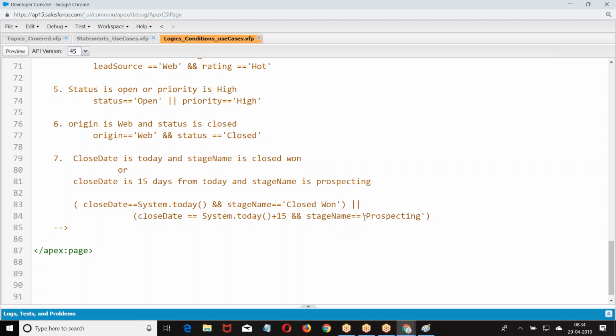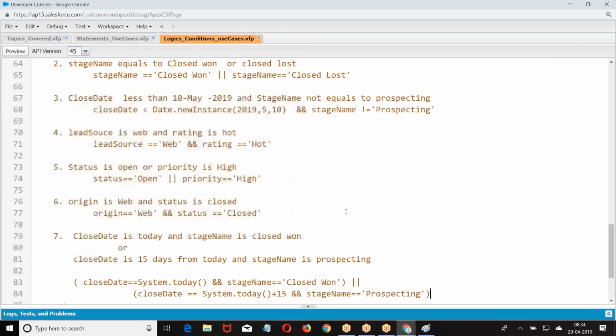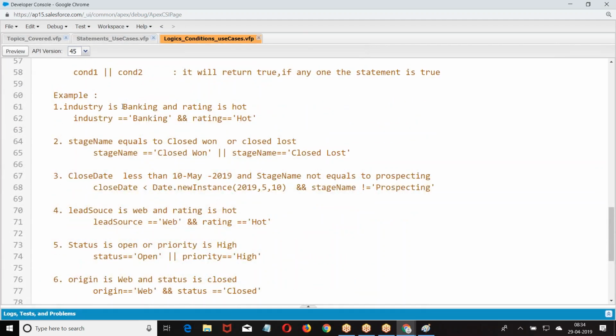That knowledge you have to gain. That knowledge you will gain only when you form the questions from your end. Now, the way I am giving, you are able to write this condition because I am telling very clearly, take the industry banking, rating equal to what? You are writing it. There is no intelligence that needs to be applied. So, if you want to learn development, the way you have to practice is, you have to form a question like this, then write a program. If you straight away write the program for the use cases that I give, or the use cases that you find in Google, you don't get knowledge of what to use. You only get syntactical knowledge.